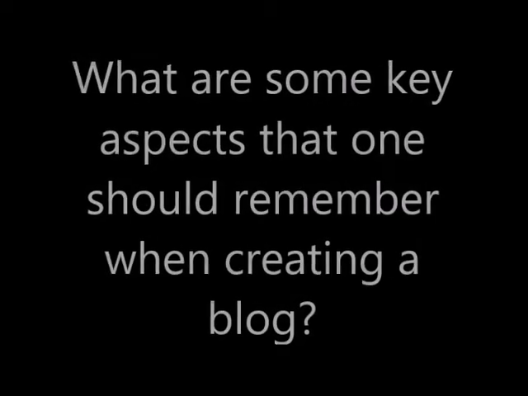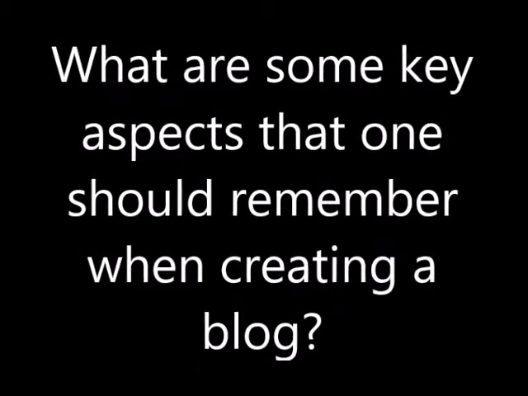What are some key aspects that one should remember when creating a blog? You should definitely have an appropriate title or a name on there, like not Buddy Boo, that's my dog's name, that's not my name. I guess you need to have information about yourself, different posts in categories, making it look attractive, sourcing your pictures, having appropriate links, and good grammar on there.